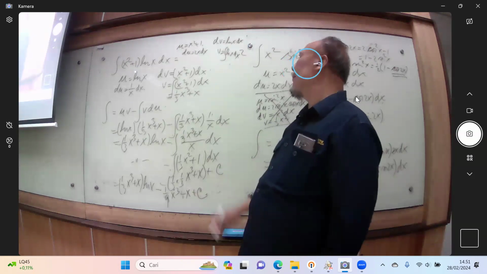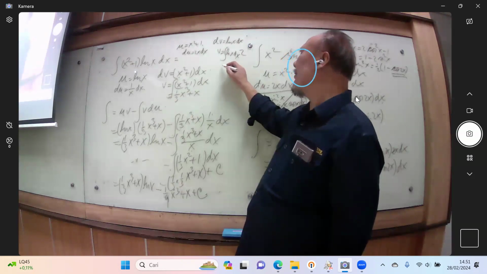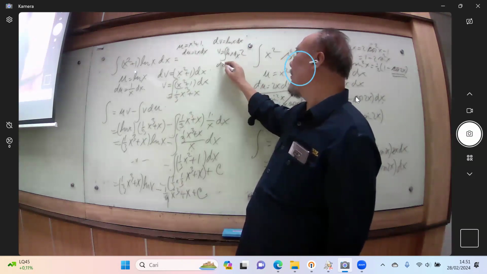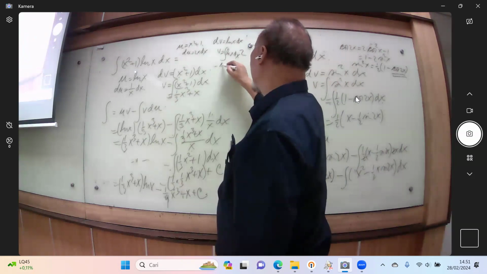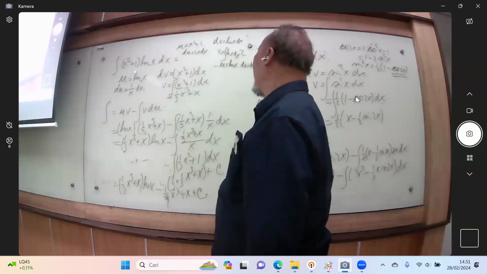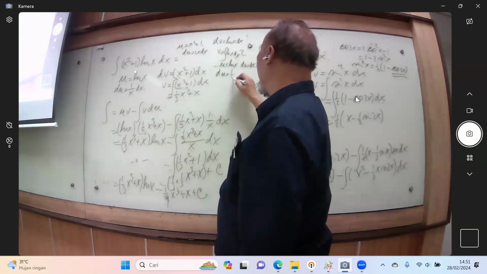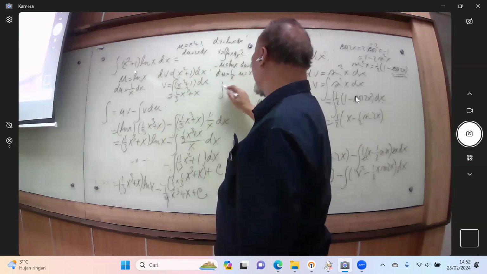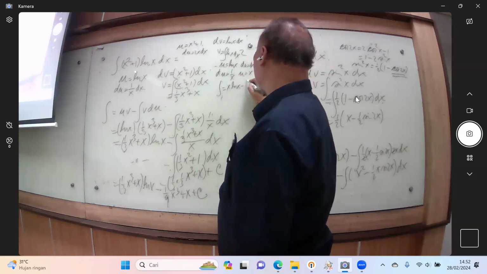You can say, well, what is the integral of ln x dx? You use another integration by parts. Sorry, u is ln x and dv is dx. That means du is 1 divided by x and v is x. Then the integral becomes x ln x minus the integral